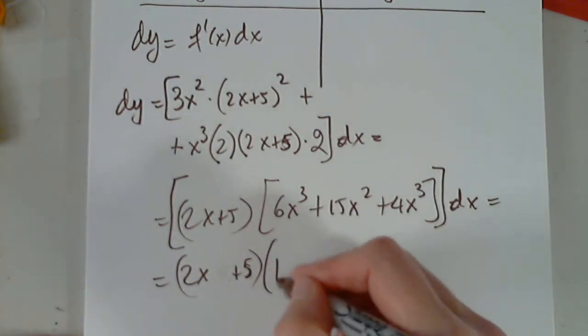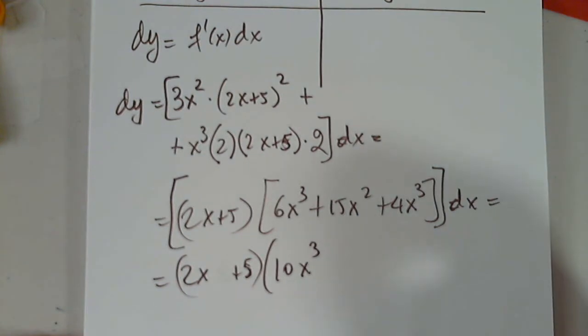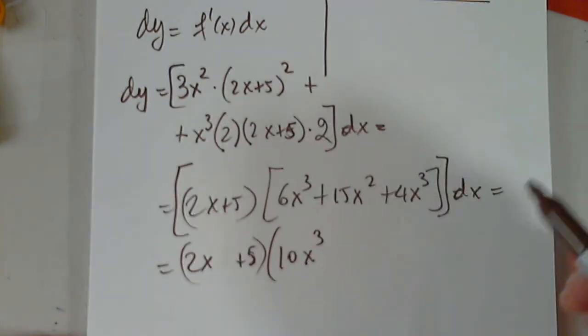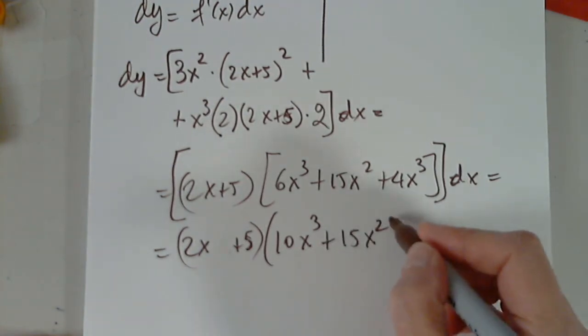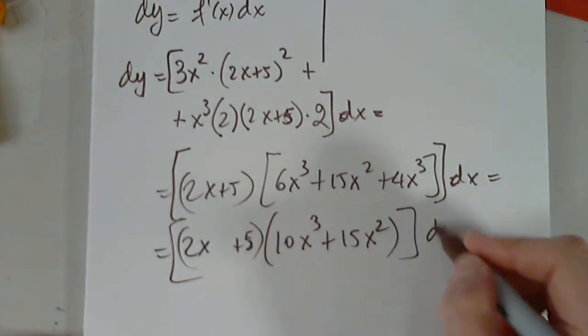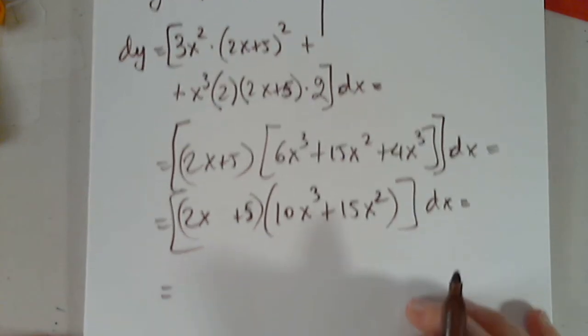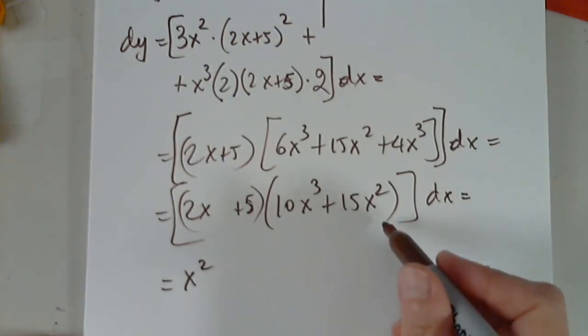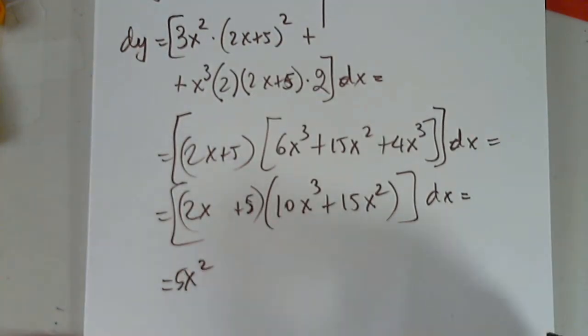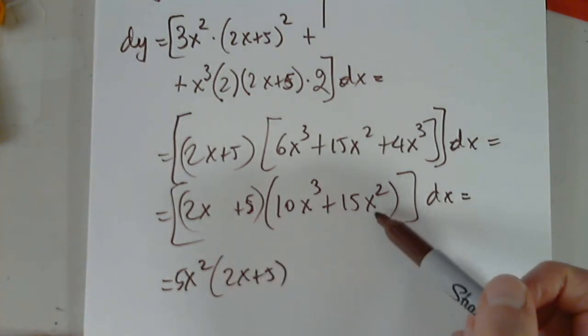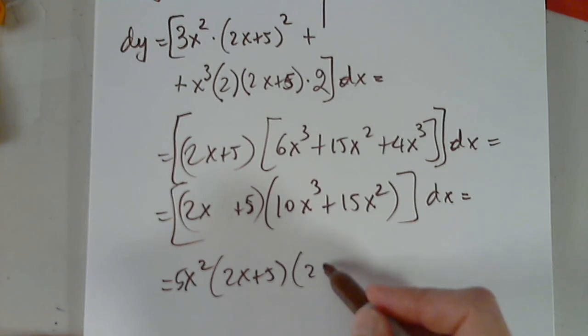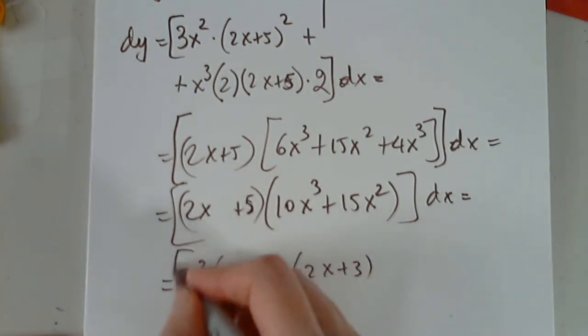And then this is 10x cubed. Yeah, I should have factored out an x squared as well. I just realized that. 10 plus 15x squared. And I will do it right here, right now. So x squared, even 5x squared, 2x plus 5. So x squared is out, so this is 2x plus 3